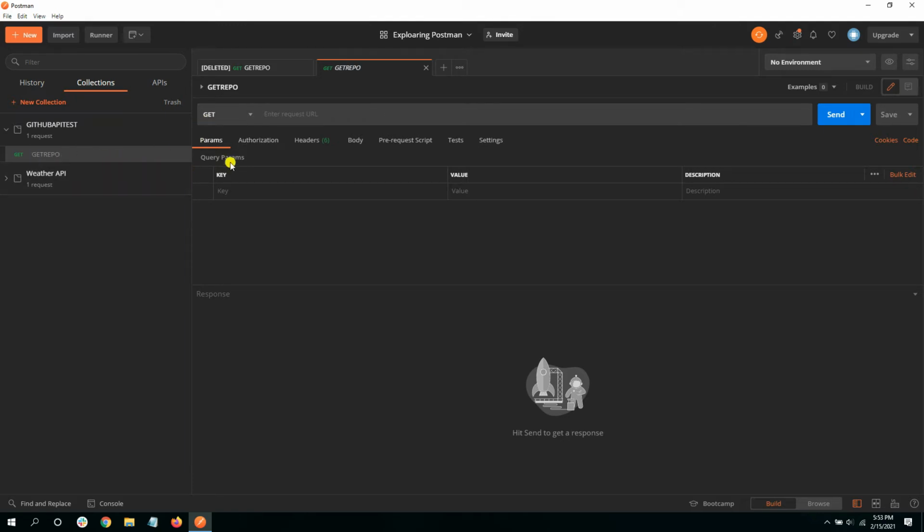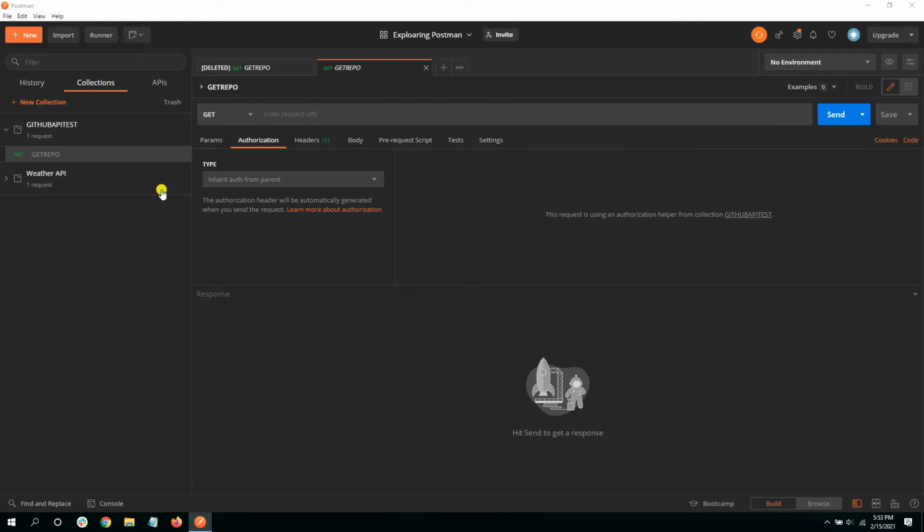Now to access the existing repositories of any account, for the purpose of testing, I'm going to use my account. We need two parameters: the endpoint, and another one is the authorization to access the resources of that account. Okay, so let's go to GitHub